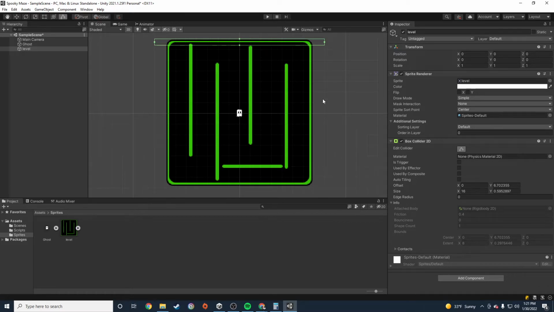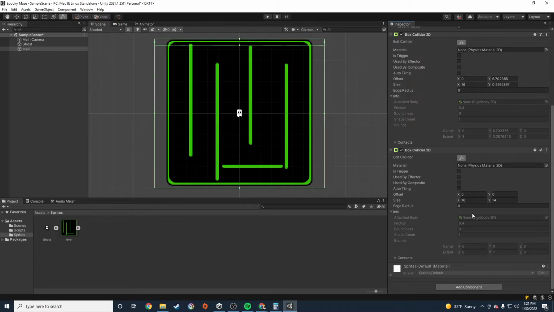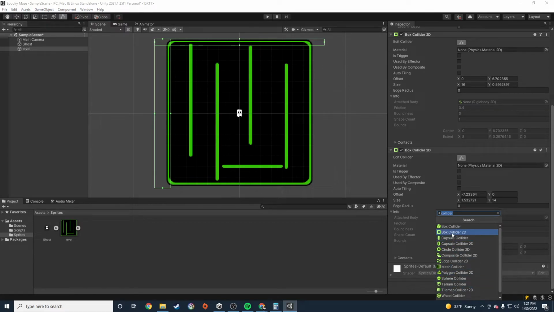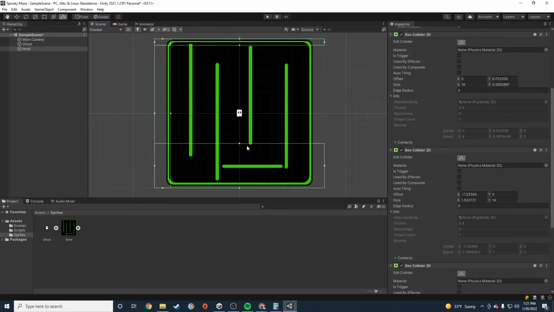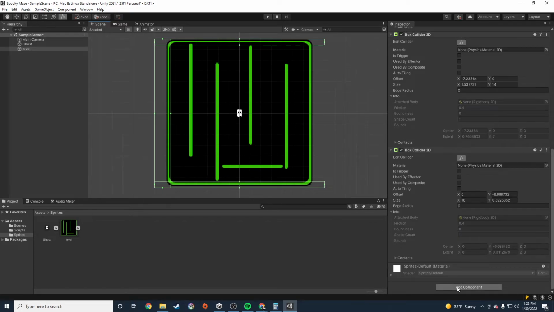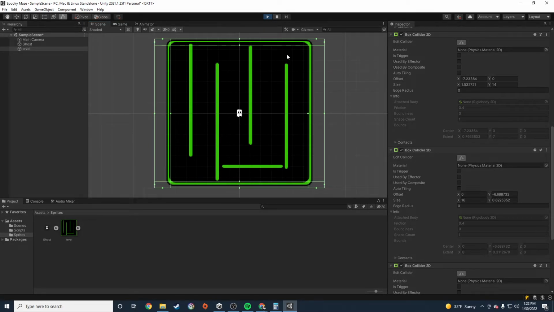Now, to create the rest of the colliders here, it's pretty easy. All we have to do is add a bunch of new colliders, and then we just edit those colliders to create boundaries. All right. And so now we should have an edge around our entire game. So if I were to hit play again,